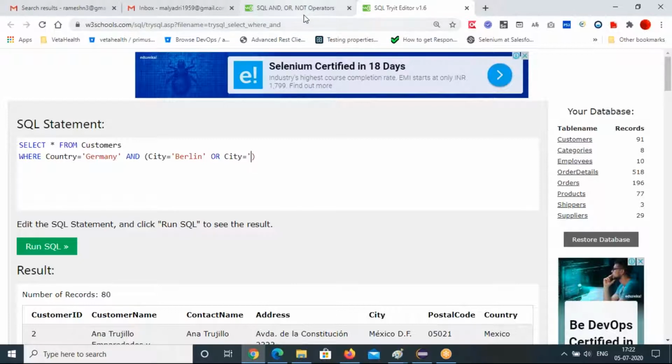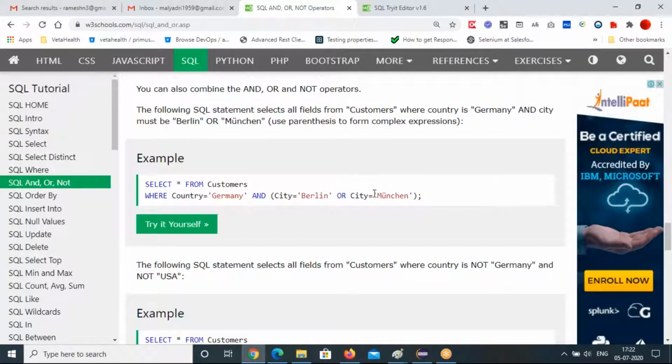Any Germany related city you can give. You can just copy this. So we'll give the exact one.